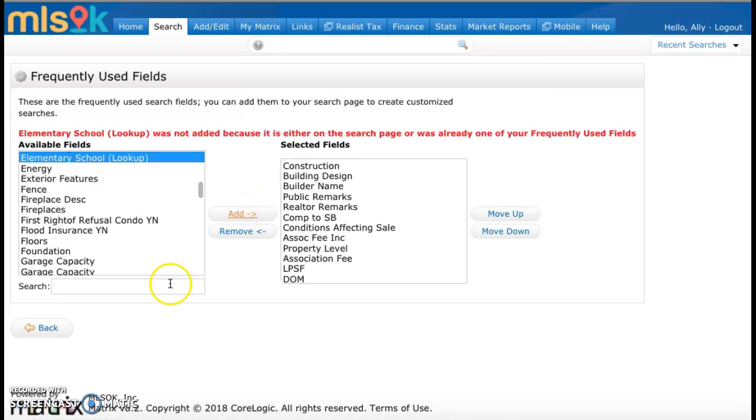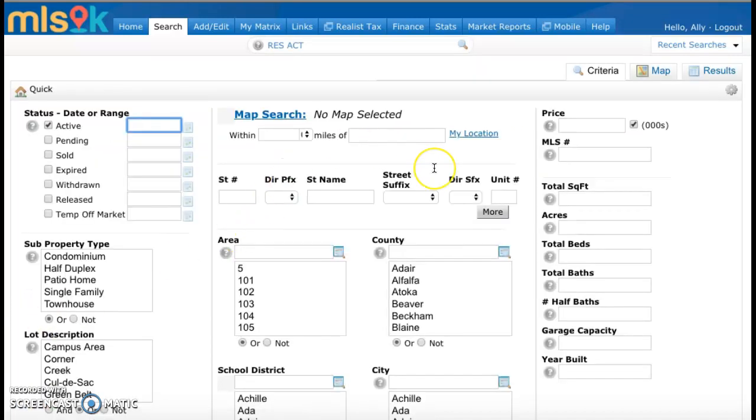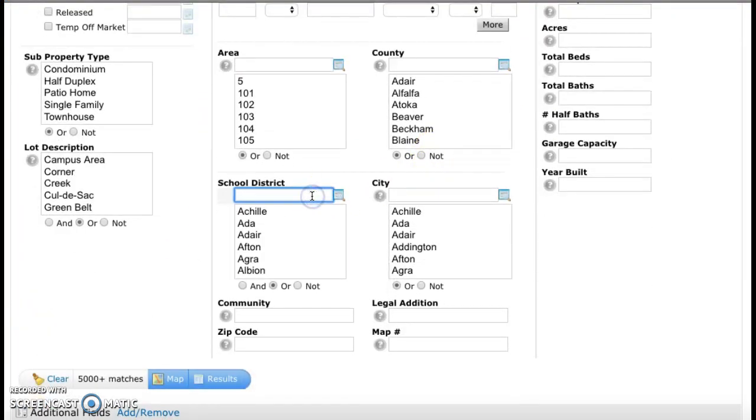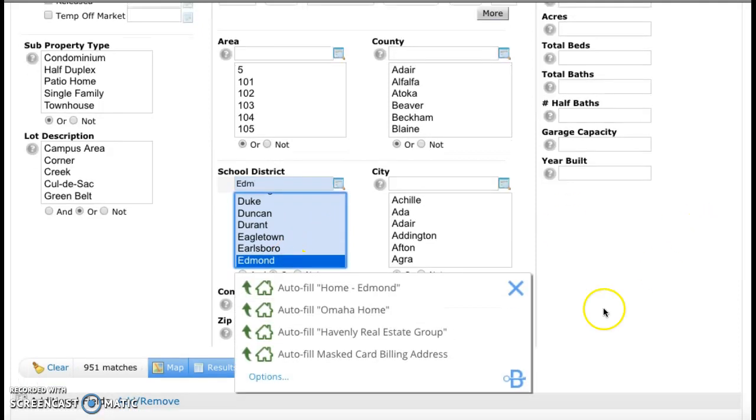Mine's going to give me an error because I've already added them to my search form, but they will appear at the bottom. Anyway, so say I want to search in Edmond School District. All right, so there's Edmond, and then when I come down to the bottom